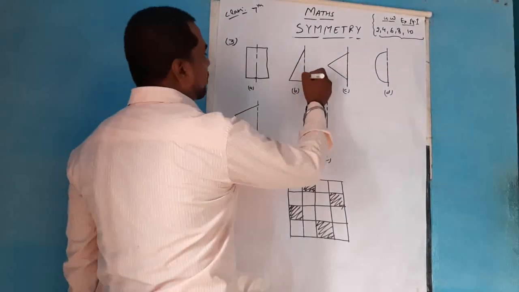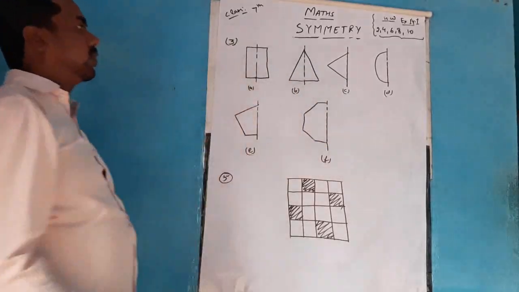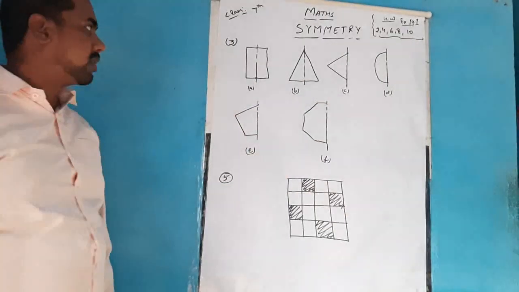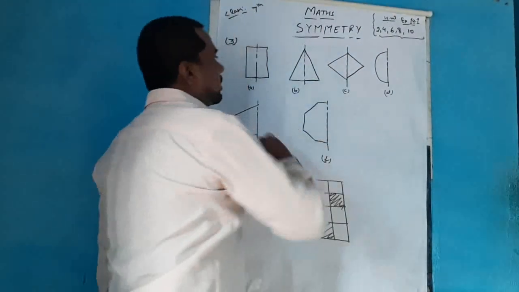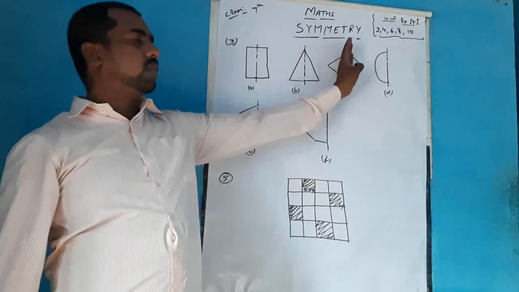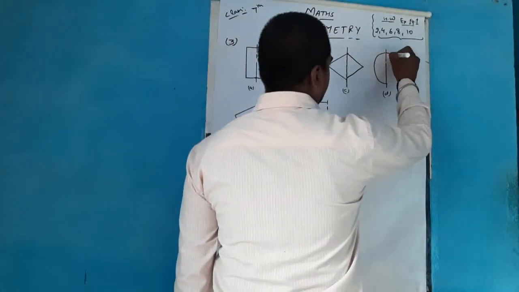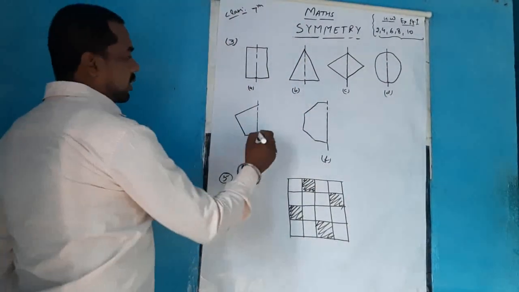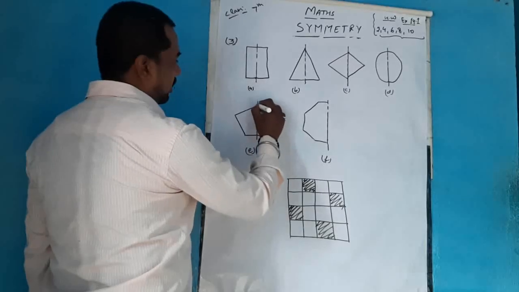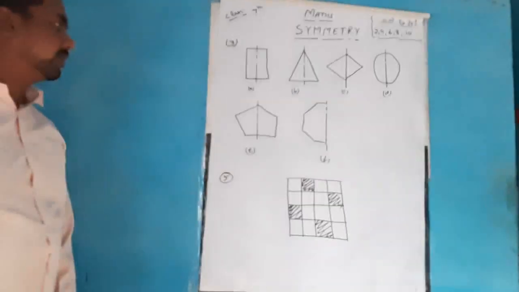Same way, here is a case of a triangle. So we'll produce the base and we'll join the vertex so that this figure looks complete. Same way for this, we'll try to draw the other half of the same by putting the mirror. Just put a mirror on this line, you will see that the other half will reflect in the mirror, and same way you need to draw it. Same way, this is a circle, the other half you will complete in this way. For this figure, just produce a line on the other side of it so that it looks like a pentagon.